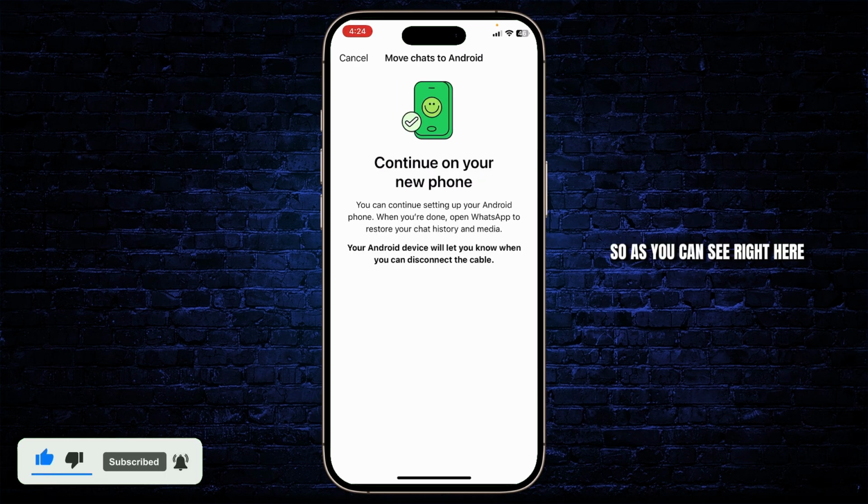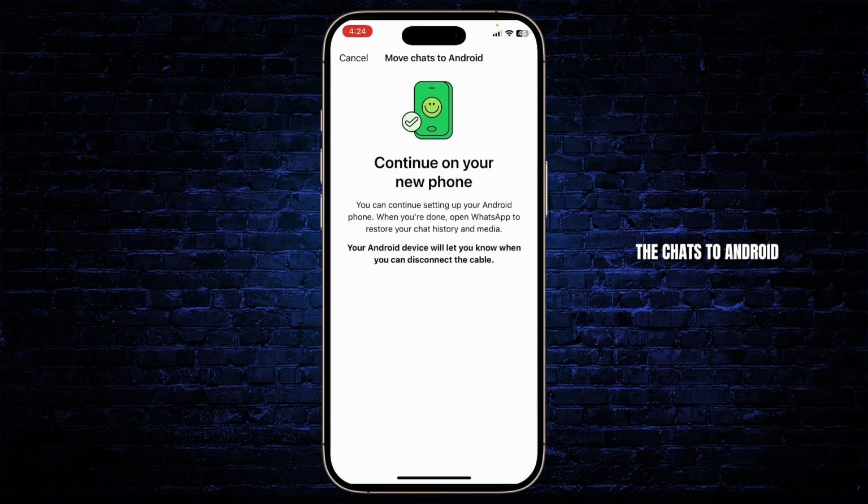So as you can see right here, this is now starting to move the chats to Android. And you will need to make sure that your Android device and your iPhone are connected via the cable. After you connect it, your iPhone will start sending the chats to your Android. And after that, whenever your Android device is done, it'll let you know when you can disconnect the cable. Then simply disconnect the cable and you're good to go. And that's basically how you do it,